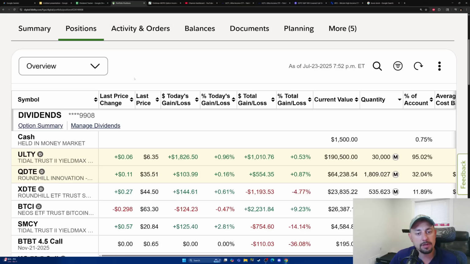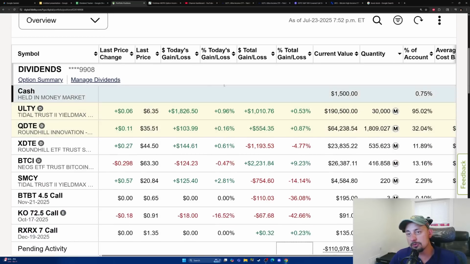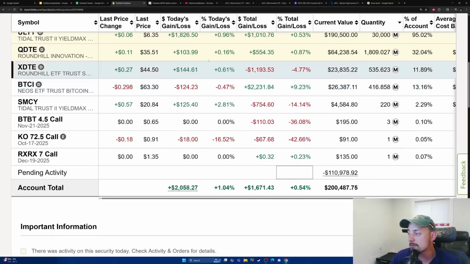Anyways, folks, that's my portfolio. That's what I did. Let me know what you think. Did I make a mistake? Am I going to regret selling MSTY at that price? Is this thing going to blow up? Is MSTR going to go to $800 by the end of the year? Is Bitcoin going to go to $250,000? What are you guys doing? Who's retiring on this stuff? I mean, is this stuff even viable? This seems like magic money.